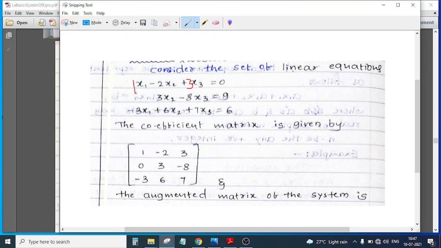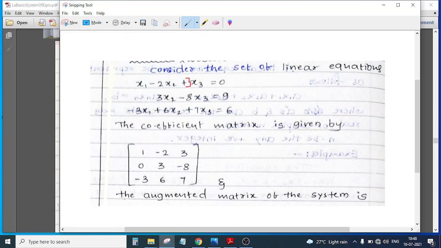That means now, here we have 1, so therefore we have written here 1. Here we have minus 2, that's why we have written here minus 2. Here it should be 3, then we can write here 3x3. Okay. Similarly, we will be doing it for the other equations. Okay, so this is 3 friends.